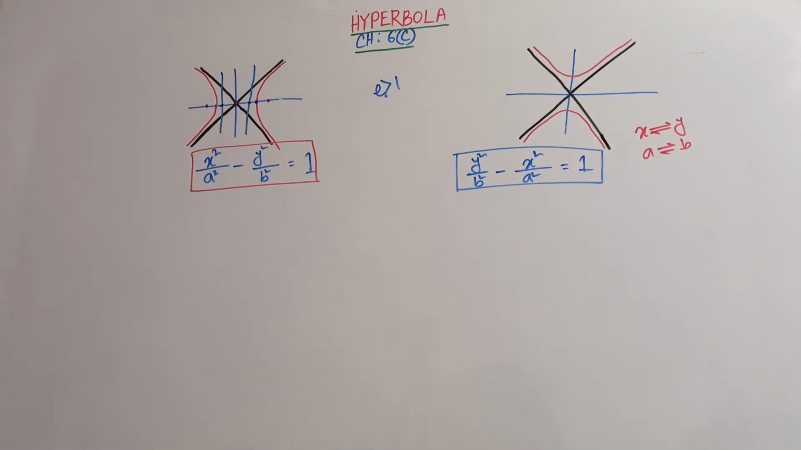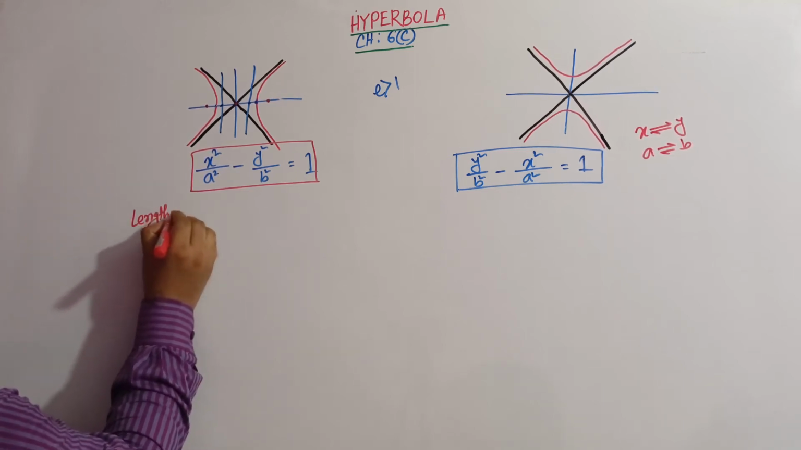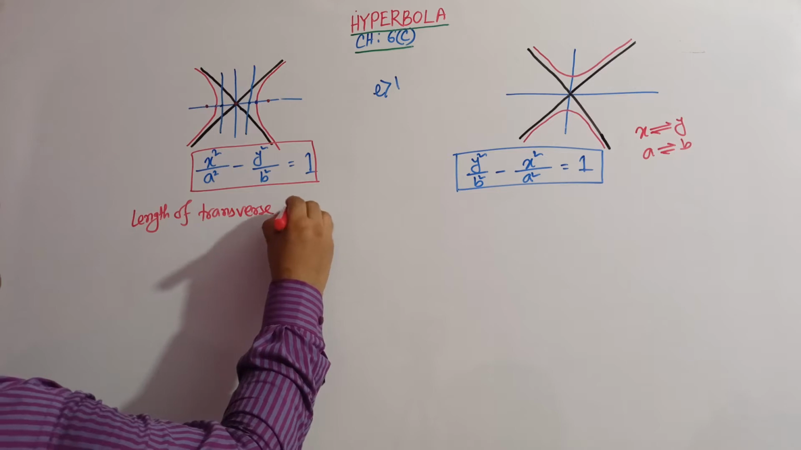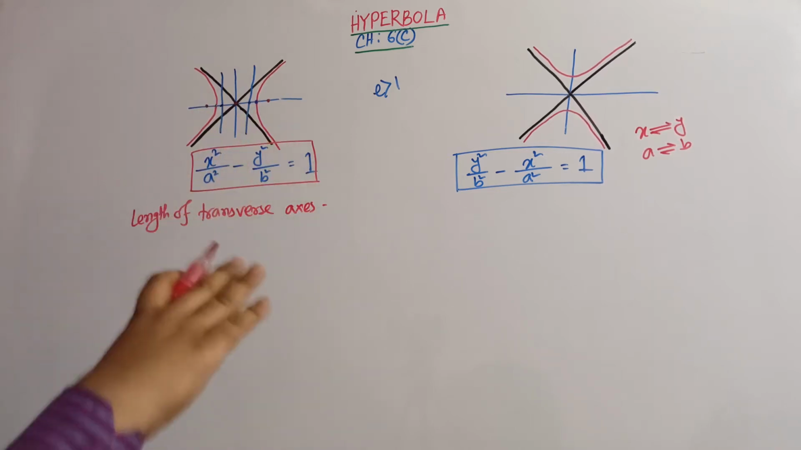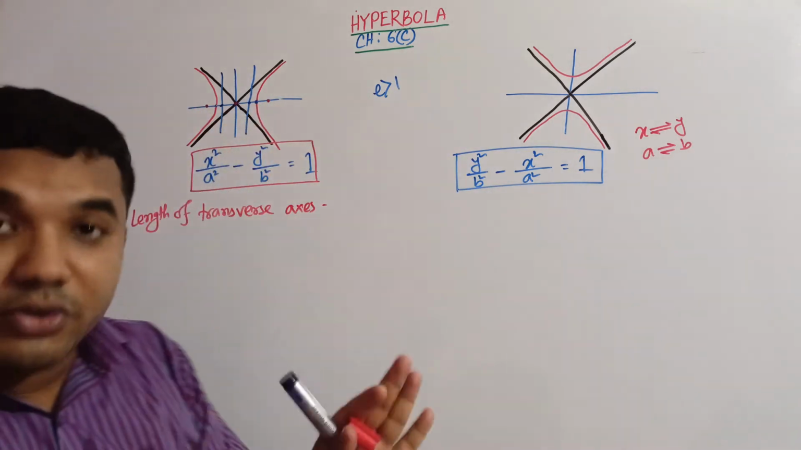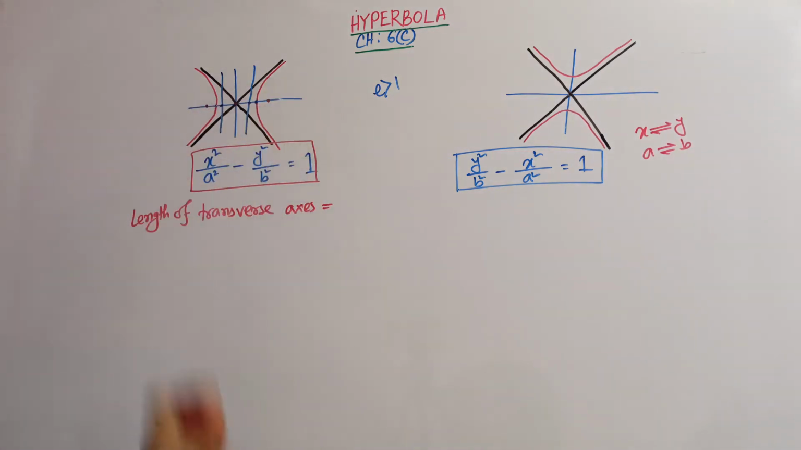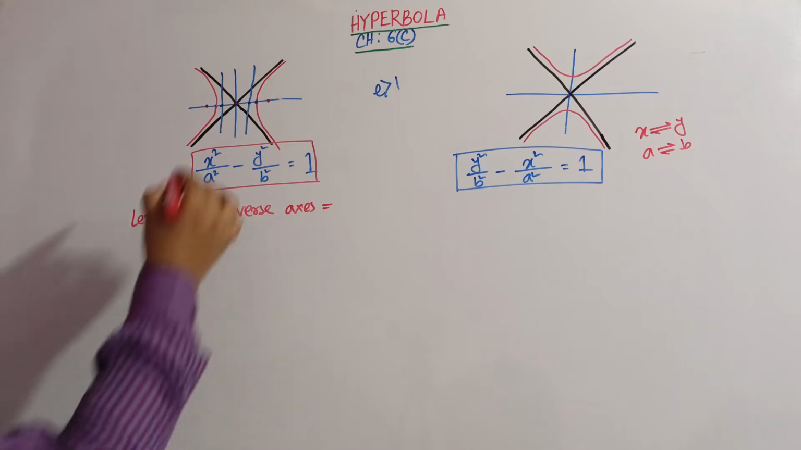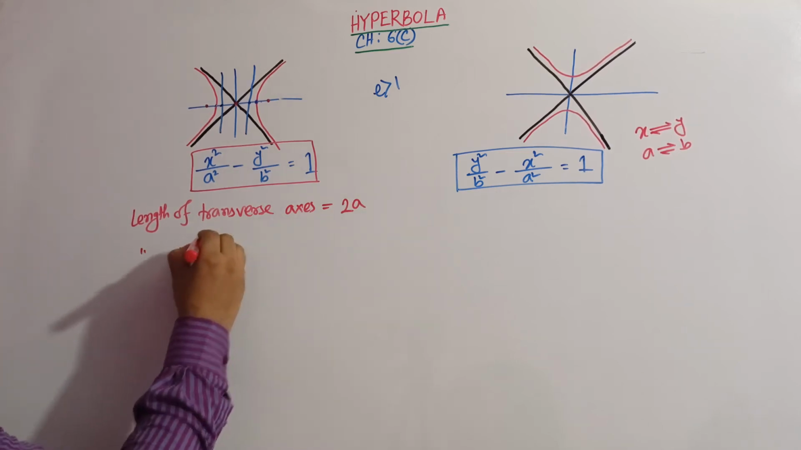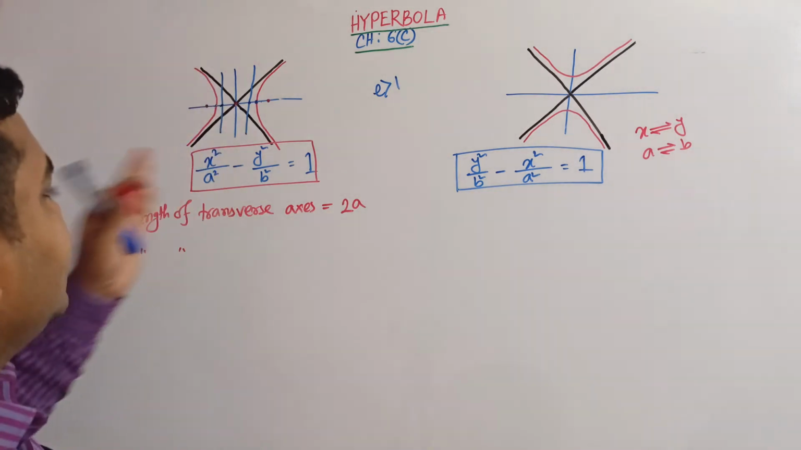Now we're going for the length of the transverse axis. Here this is actually the major axis that we learned in the elliptic part, and here this axis is not called the major axis, it is called the transverse axis. So the length of the transverse axis is nothing but, because it was a and it was a, 2a. And the length of the conjugate axis, which in the elliptic part was known as the minor axis or conjugate axis,